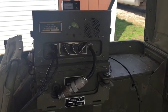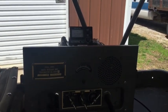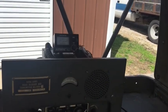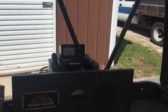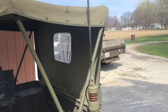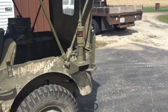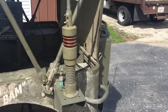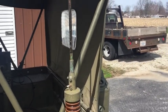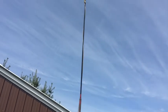And we're back. Okay, I hooked up an SWR meter to the antenna, and you can see when I key it, I've got real good 1-to-1. Now that's with the antenna fully extended here. This is the MP48A, but I've got the poles. My top one is only 24 inches tall, so the entire antenna